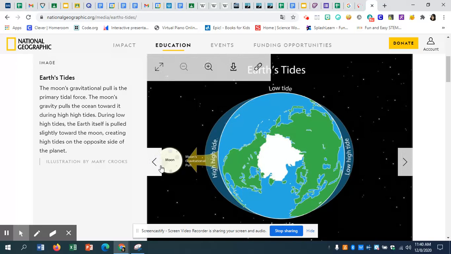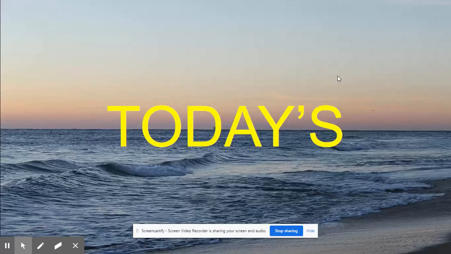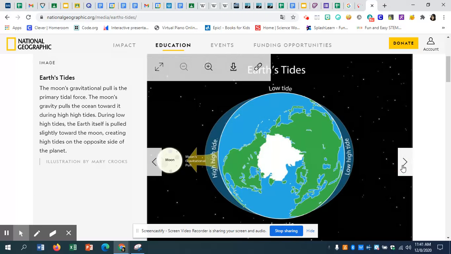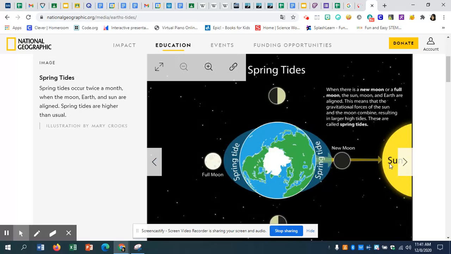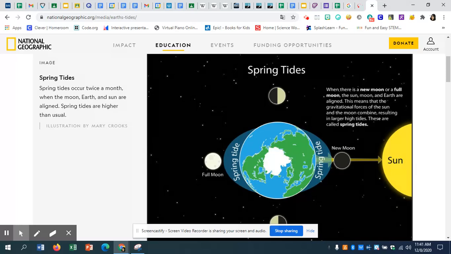So for example, when the moon is in this phase, so this could either be, depending on which perspective you're looking at, the new moon or the full moon phase, it's when you have the Earth, the moon, and the sun all lined up. So here's the sun, here's the moon on that side, or if the moon's on this side, but when all three are in line, there's a lot of gravity pulling on Earth's surface because you have the moon and the sun both tugging either in the same direction or an opposite direction